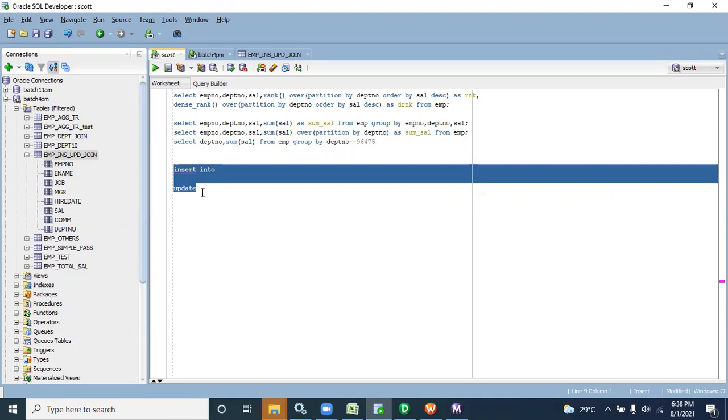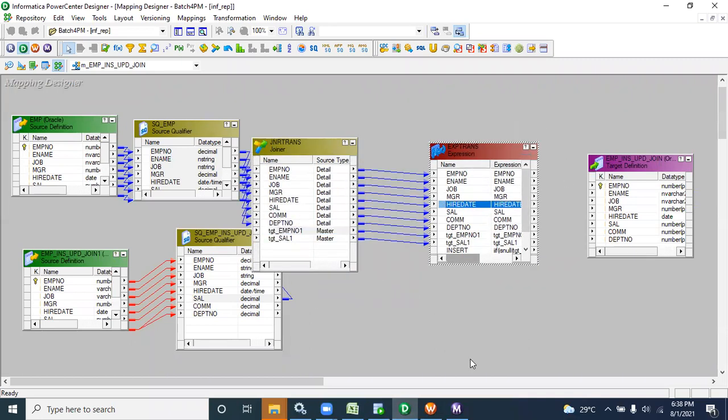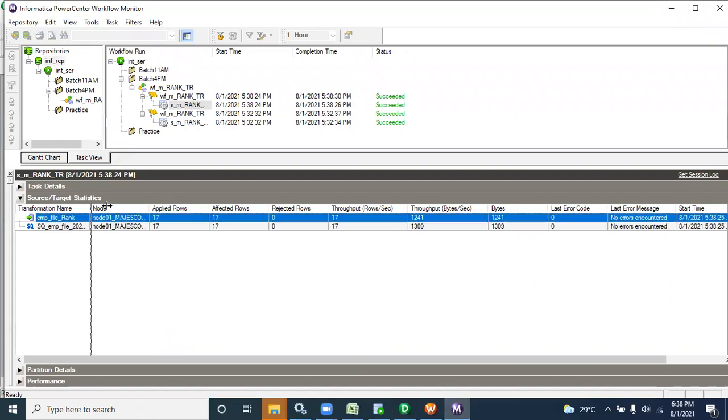Yes, I have an idea about both the statements. Insert and update in a database are two different statements, right? For that reason, Informatica gave that facility: you can insert in one flow and update in another flow. Because when you are running, you can first see that this record is going to insert. Production support people, by seeing the monitor, can at least know that today 10 records are insert and 2 records are going to update, even if they don't know the logic.